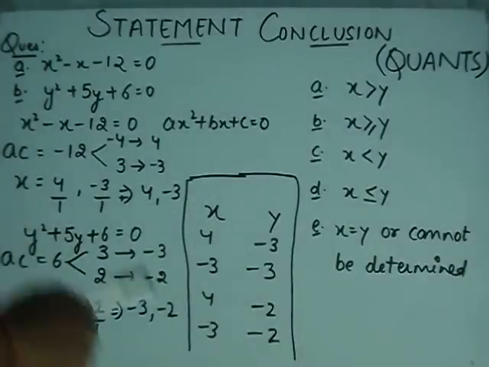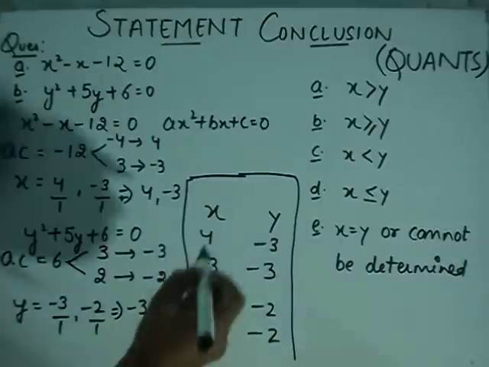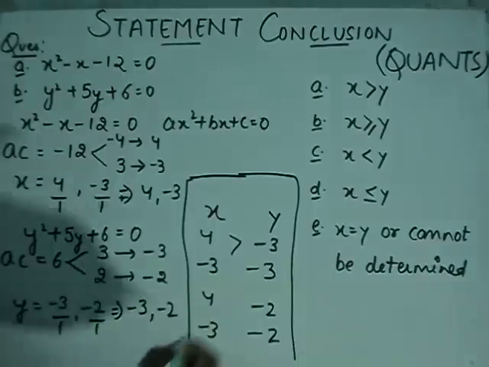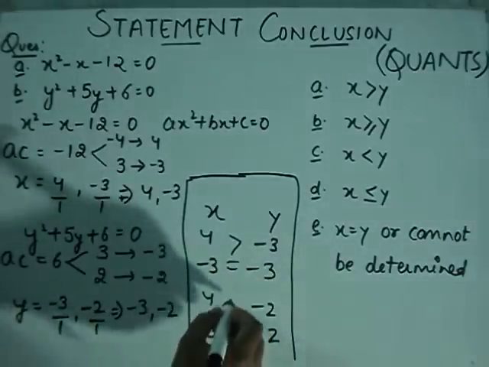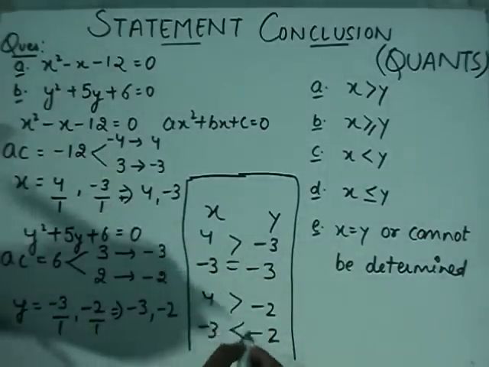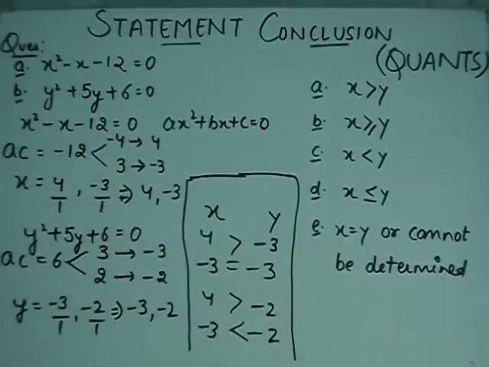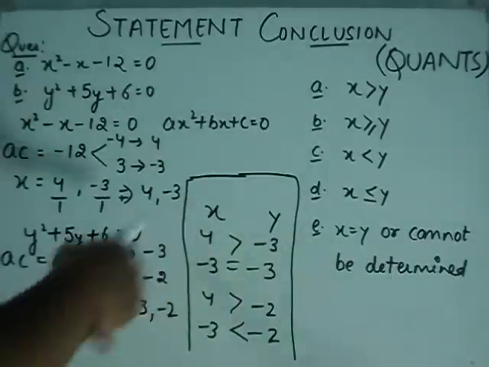Okay, I am going to maintain a relation between these values. In this case, this value is greater than this, it is equal, this value is greater than this, and this value is greater than this. In this type of equations, like we discussed in our previous video, we have to find a definite conclusion.